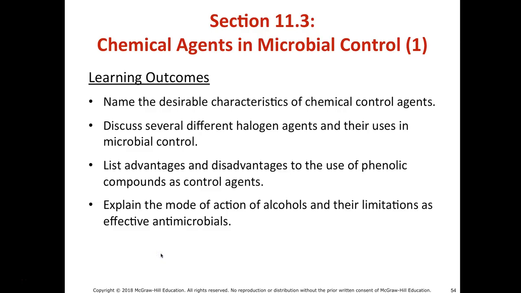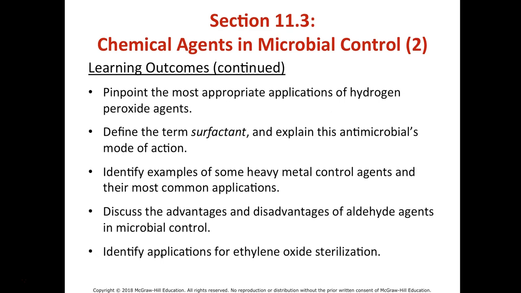Hello everyone and welcome to section 11.3 from chapter 11, where we're going to be discussing chemical agents for microbial control. So we hope to have learning outcomes of naming a desirable characteristic of chemical control agents, discussing several different halogen agents and their uses in microbial control, listing the advantages and disadvantages of our use of phenolic compounds as control agents, and explaining the mode of action of alcohols and their limitations as effective antimicrobials,